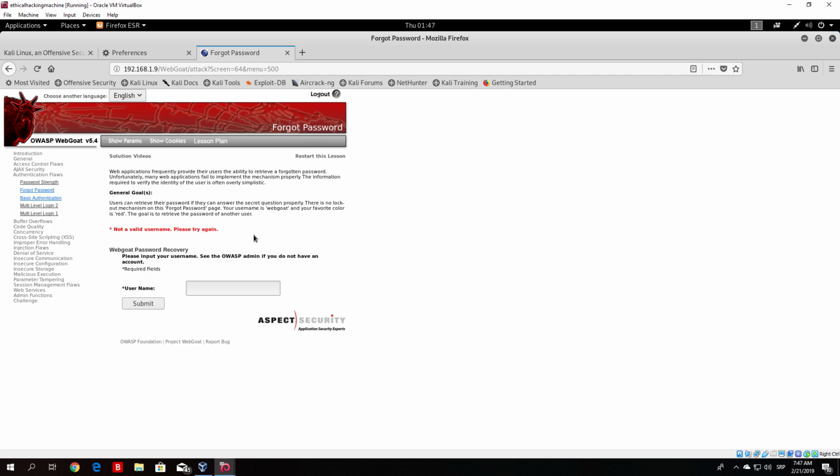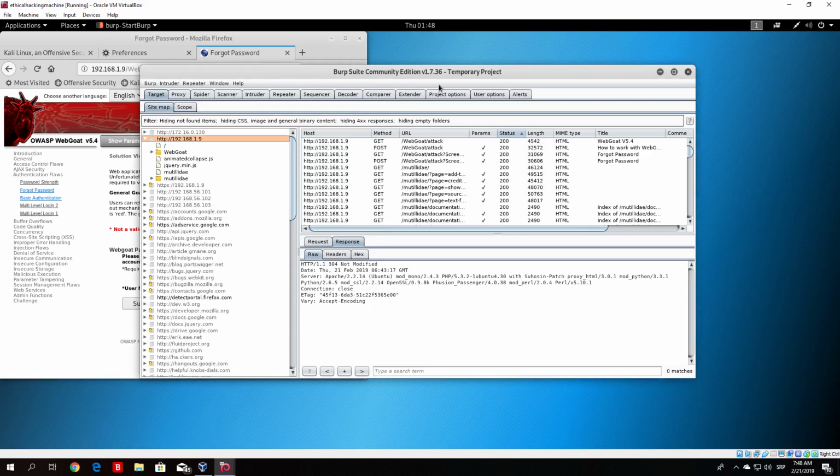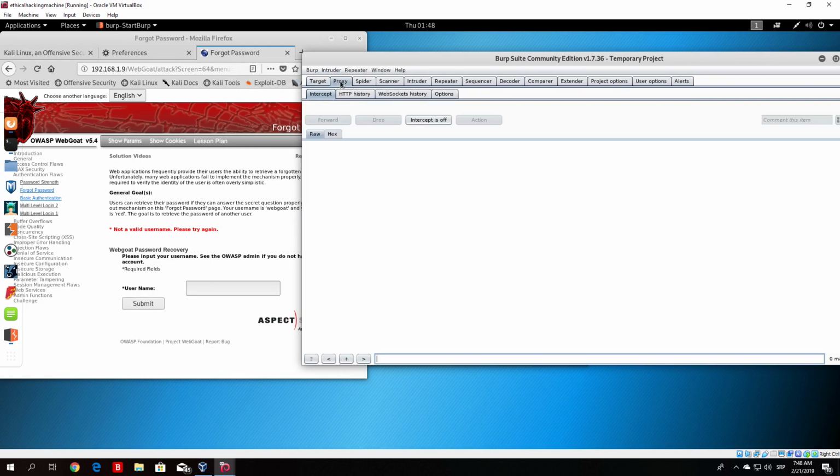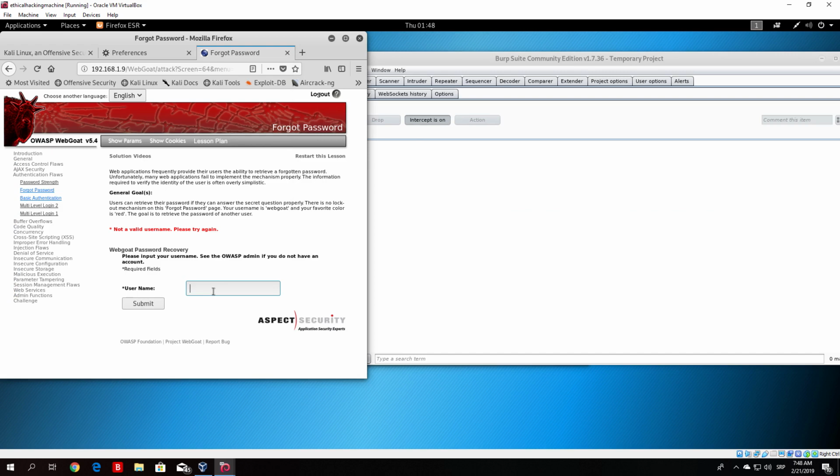Now, in order for you to understand this better, let us do that in practice. So, what we want to do is, first of all, turn our intercept on for this. So just go on the intercept on, and so our goal right now is to find out a valid username. So if we type here anything,